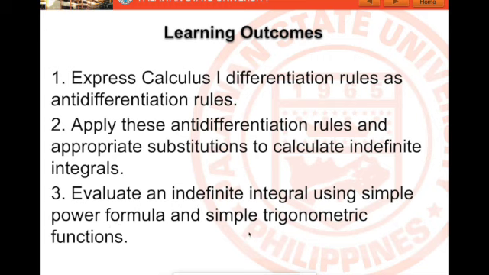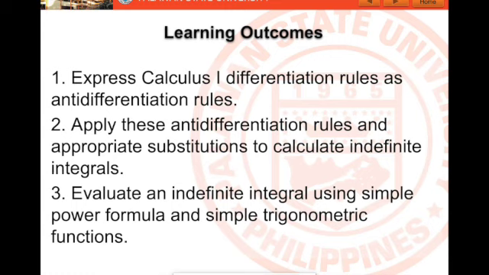And also, if the time allows, we will go into simple trigonometric functions. In differentiation, I believe you also studied the theorem for differentiating simple trigonometric functions. The same goes for it. We'll just reverse those